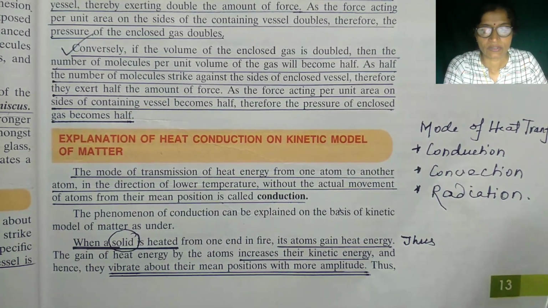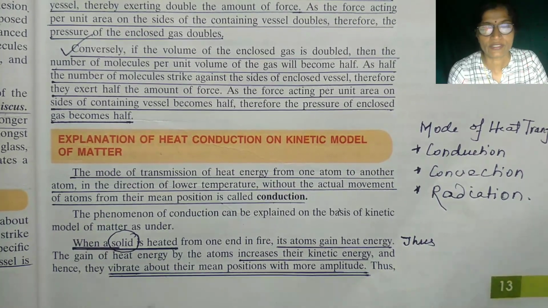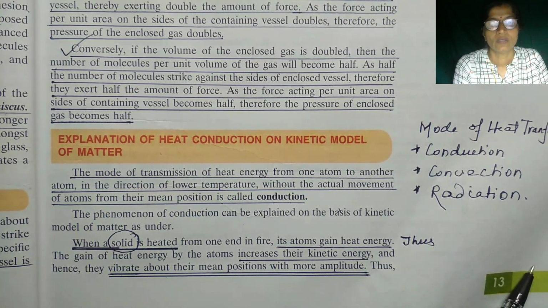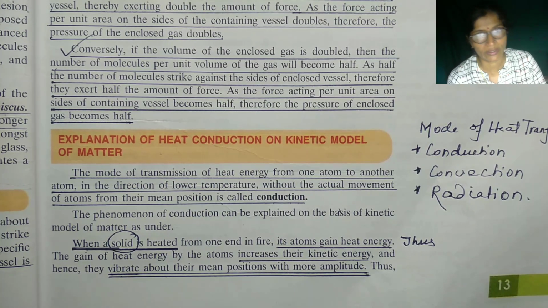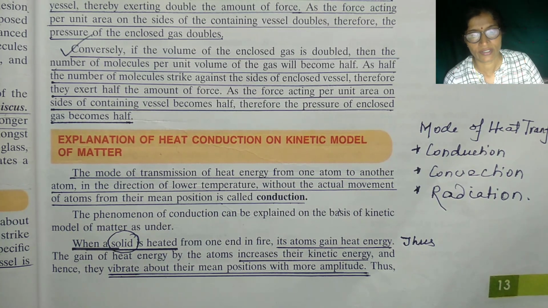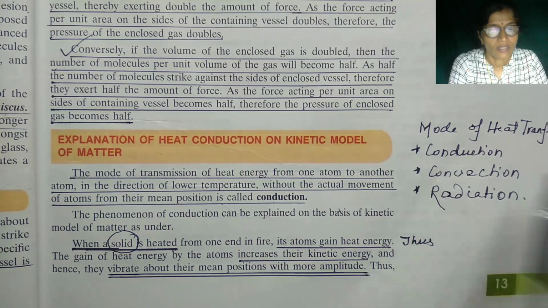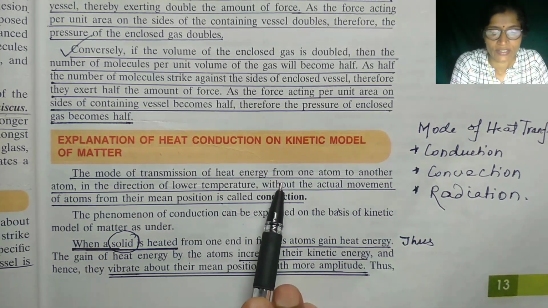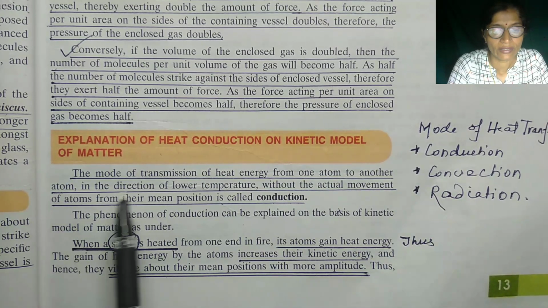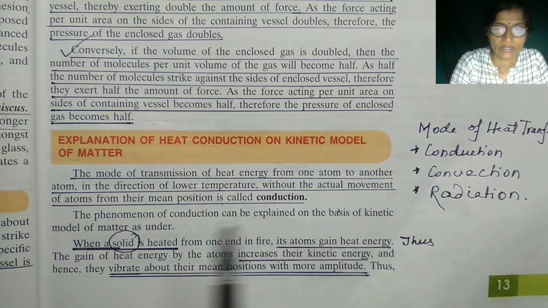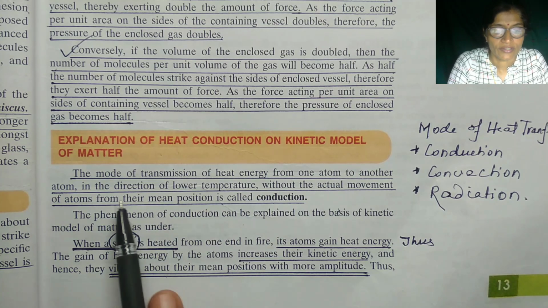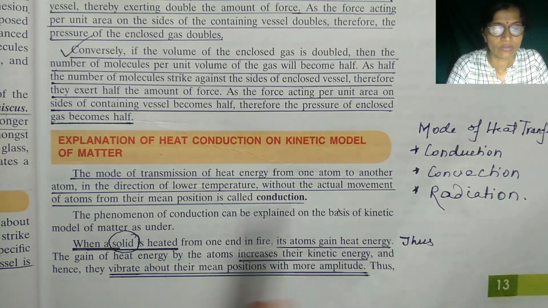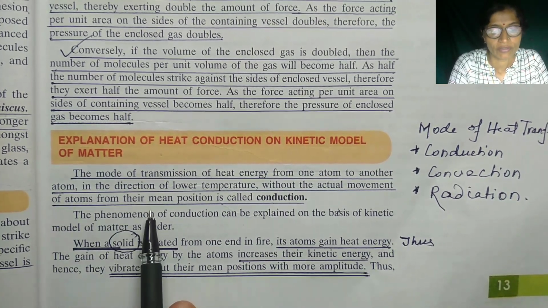Heat can be transferred from one place to another by 3 modes, that is, conduction, convection and radiation. Conduction is the mode of transmission of heat energy from one atom to another atom, in a direction from higher to lower temperature,